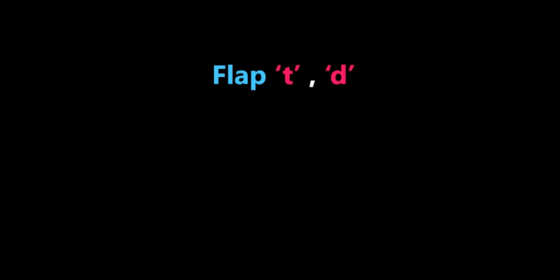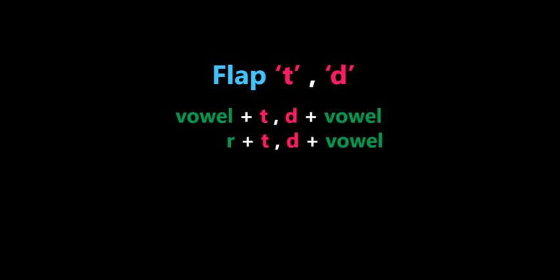Today, we will talk about the linking sounds rules number 3 and number 4. The first rule is a flap T and D sounds. When the T and D sounds are between vowels or between the letter R and vowels, the consonant can be